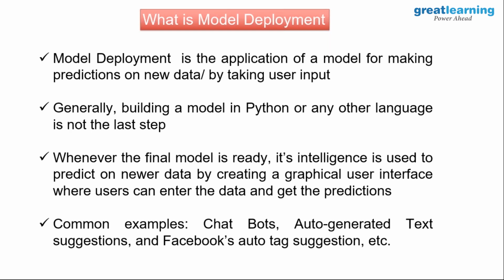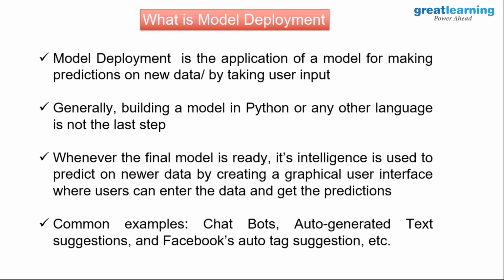Now there are some other ways of getting the user information, like an auto-generated text, suggestion box, Facebook auto tag. I'm sure all of you would be aware of it, wherein by default Facebook allows you to mark the picture which you have liked. So there is an auto tag which is enabled by default. The idea was to collect this information and use it as an input for predicting it or for giving a suggestion to a user saying you have tagged a photo of this kind.